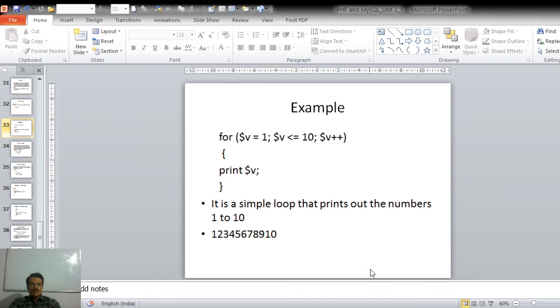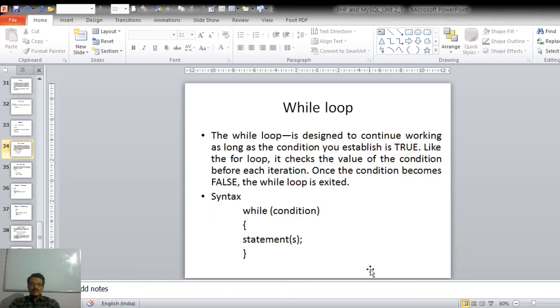Now let's have another looping structure, that is the while loop. Now this while loop is called an entry controlled looping structure. So why is it called an entry controlled looping structure? Because in order to enter into the loop, we are checking the condition. If that condition is true, then and only then it will go into the loop.